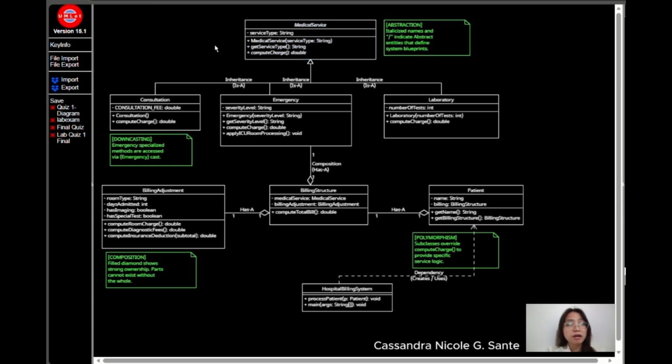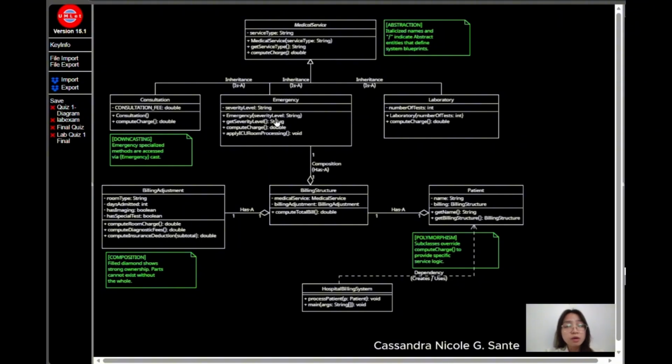Connected to this parent are the specialized subclasses, Consultation, Emergency, and Laboratory, linked via an inheritance relationship, signified by the open triangle arrows. This represents a formal is-a relationship where each child inherits the base identity of a medical service while implementing polymorphism.